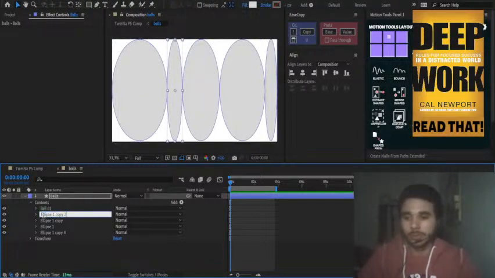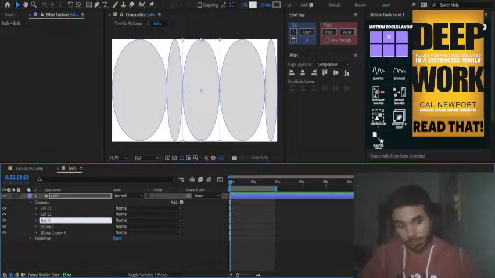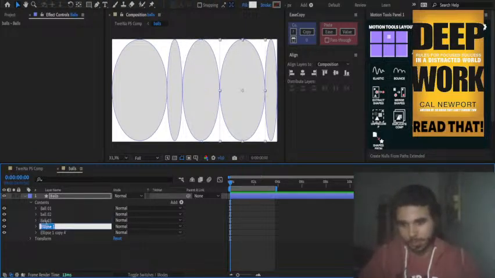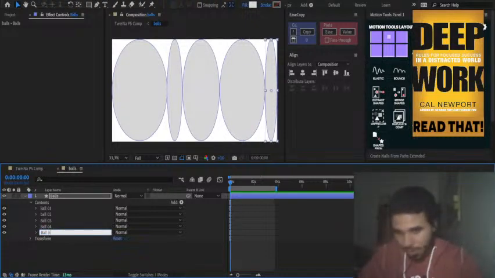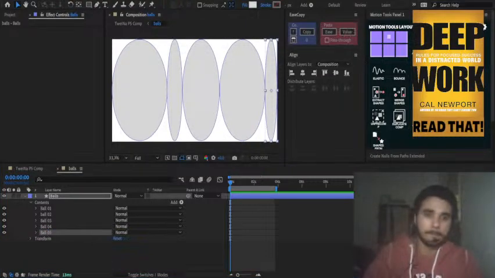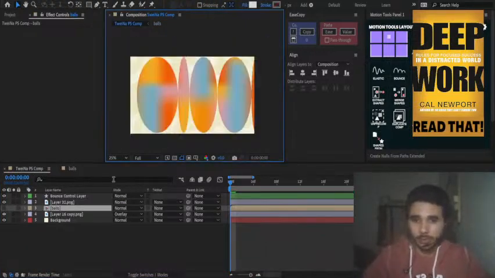Go a little lower. Ball 02. These are called spheres, man. I'm just calling them balls because ball 3. It's easier to write. That's why. Because it's easier to write. No other reason. There. That's the name of the balls. And then, alright, so why are we doing all this? I actually forgot.